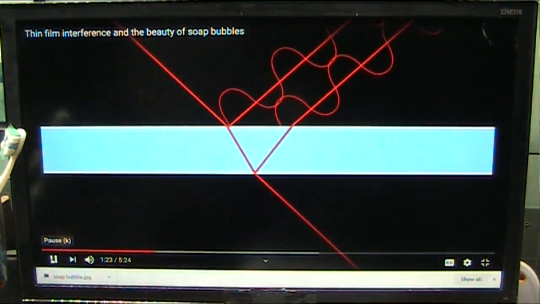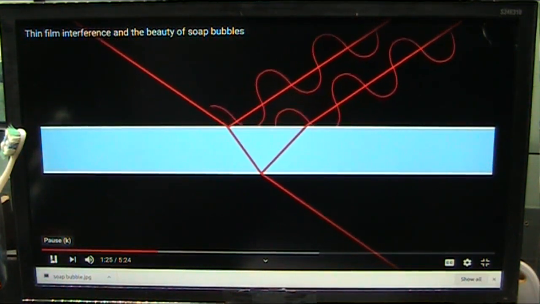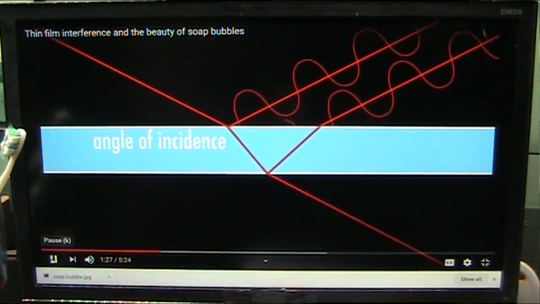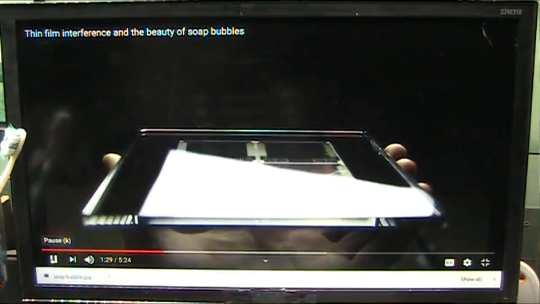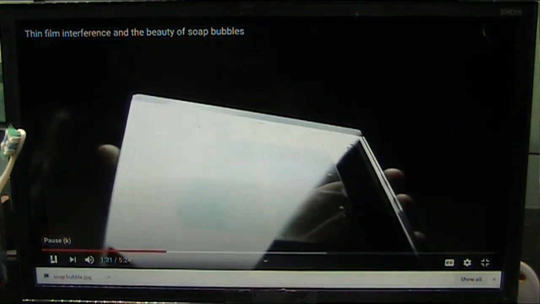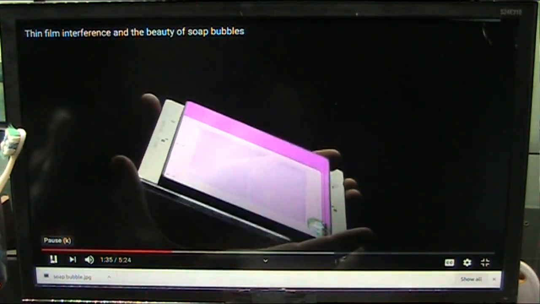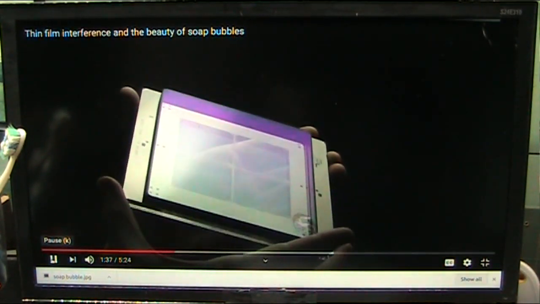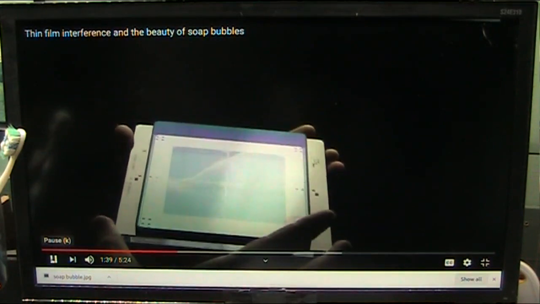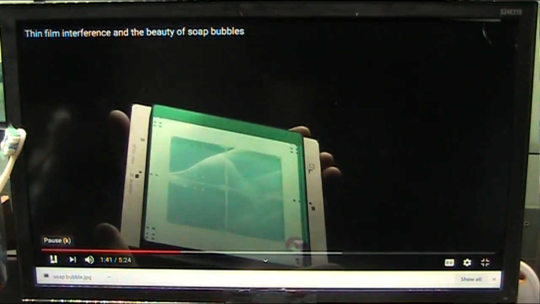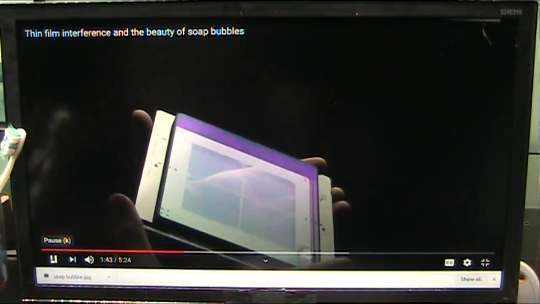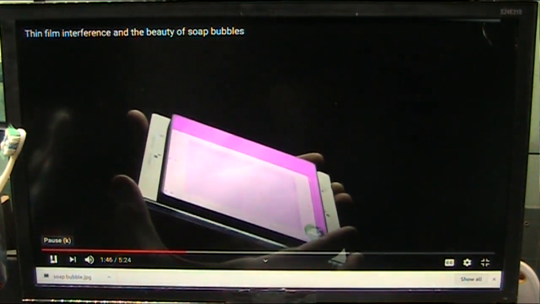Thus, whether a certain wavelength or color of light will constructively interfere or not depends in part on the angle of incidence. Here is a glass mask that I had laying around that was once used to make computer chips. On the back side is a very thin film, probably an anti-reflective film, but we'll get back to that. As I rotate it in the light, you can see that the color the camera sees depends on the angle being presented.